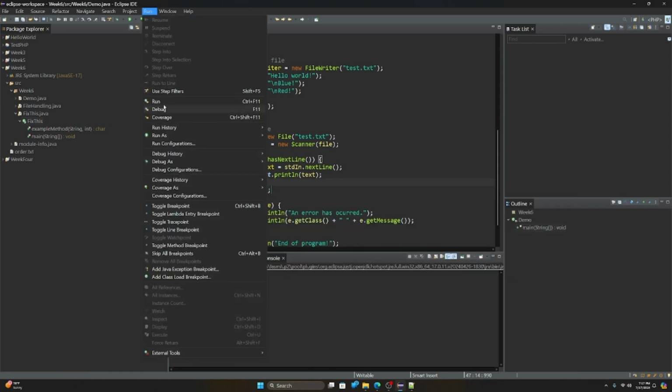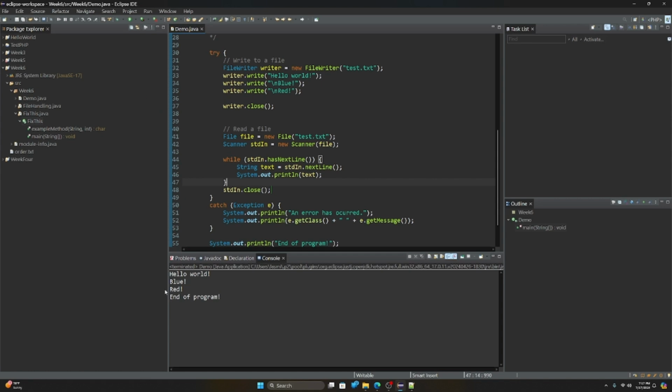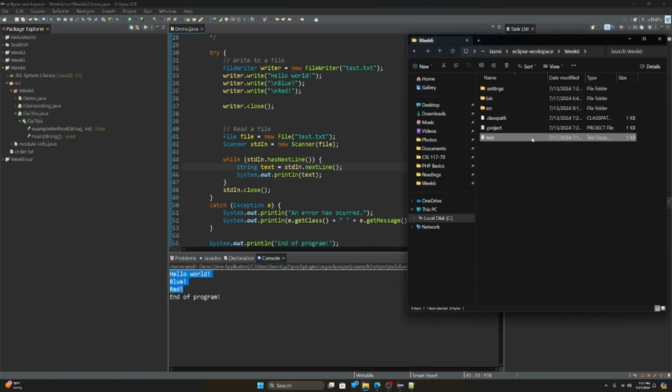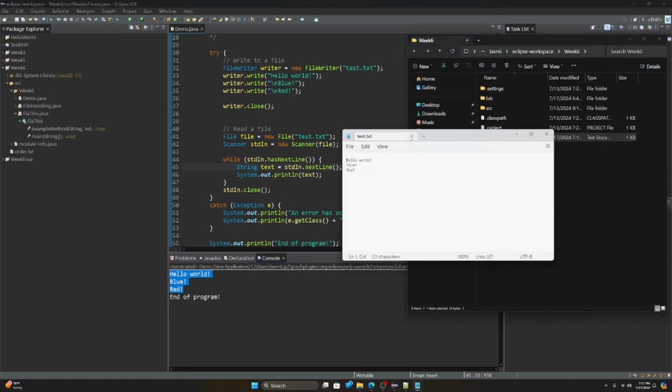So now let's go ahead and run. And we could see, there we go, we could see parts of our file in here. If we take a look at test, it's still going to be okay. Basically, the scanner is going to have its own little pointer. So it's not like getting this text, ripping it away and putting it here. It's just reading through it, and it has its own pointer saying, okay, we're going to look at the